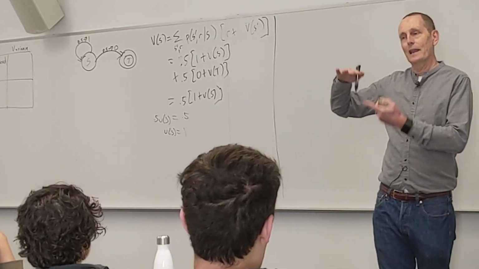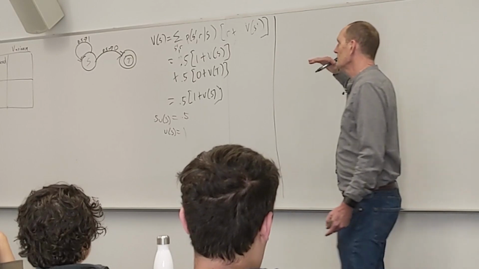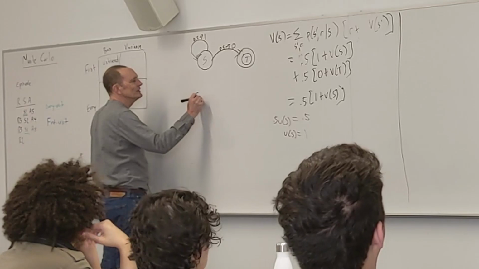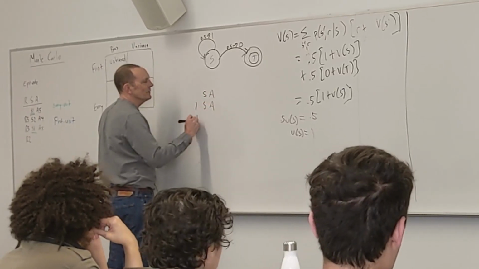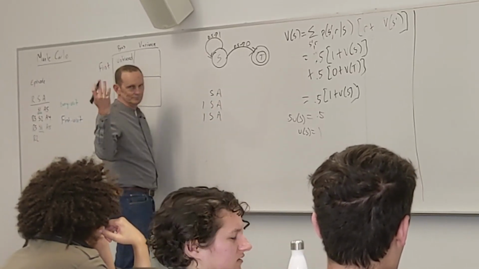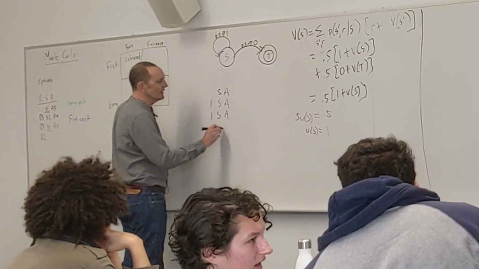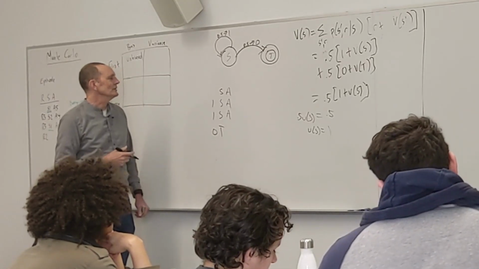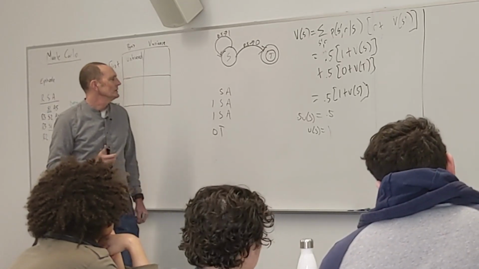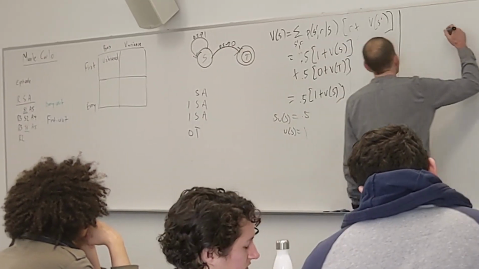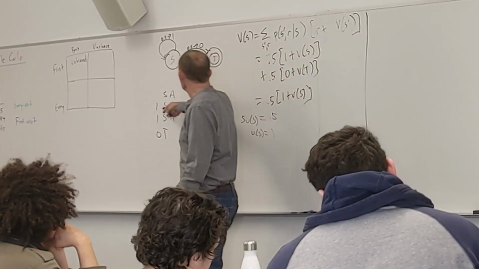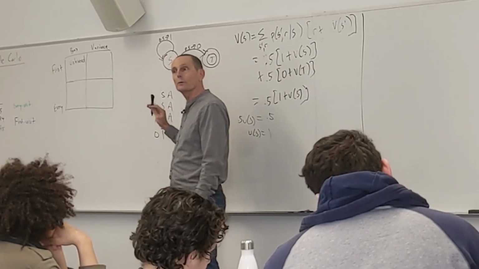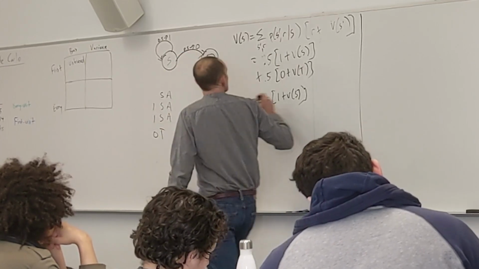So if we look at an episode, basically our episode here is going to consist of S, A, 1, and this is again going over what we did on Wednesday, until eventually we're going to get a 0 and have a T here, right? And let's look at the expectation here in terms of what the reward is. So if we call the number of ones k, we're going to have a certain number of ones, and that's going to be the reward we get. Okay? So if we sum